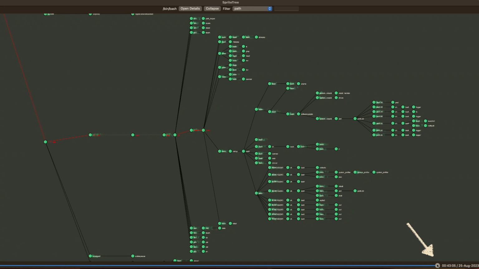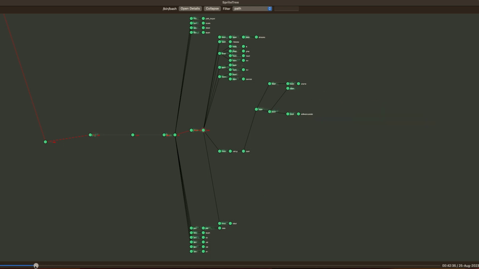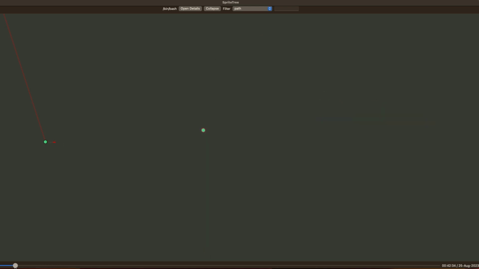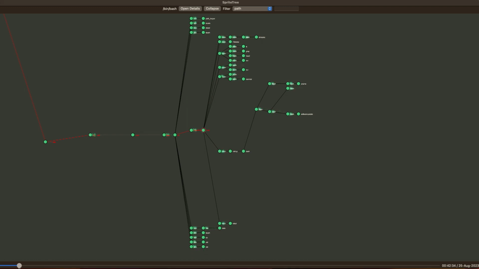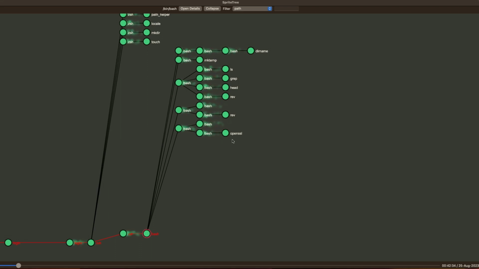So you can adjust this timeline slider down at the bottom to go to a specific point in the capture. You can see me dragging the timeline, and as we rewind, the events will disappear based on where I'm at in that timeline. Again, helpful if there's a lot going on. To watch all the tree objects, we can get an idea of other branches launchd might have spawned during executed commands.